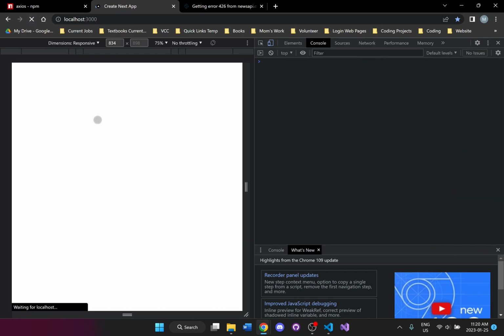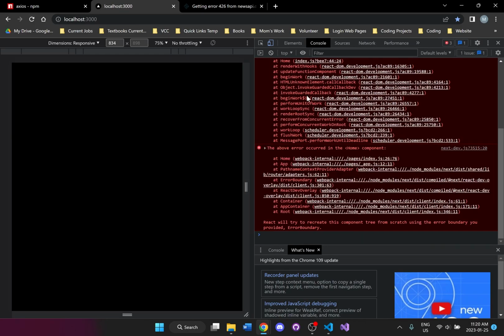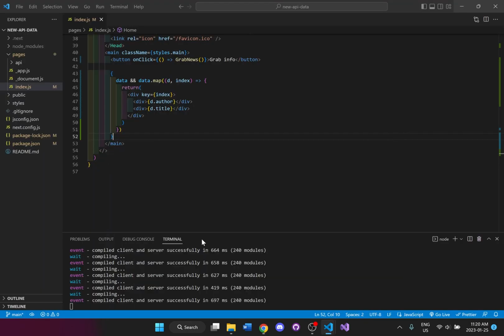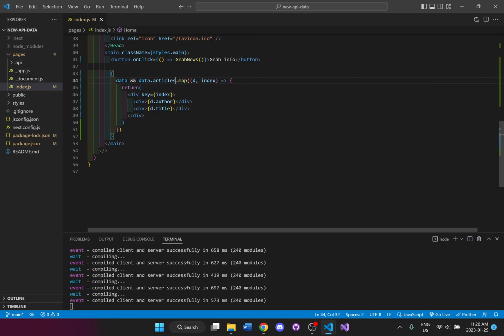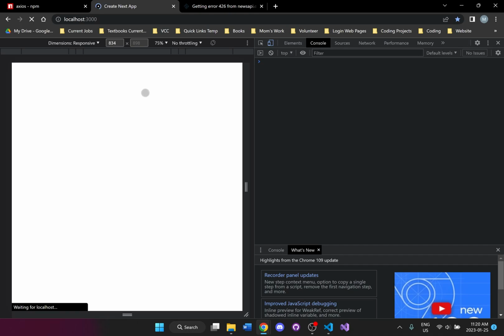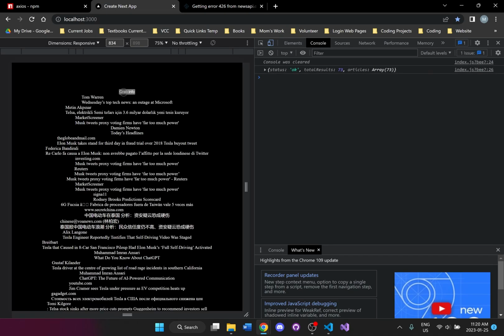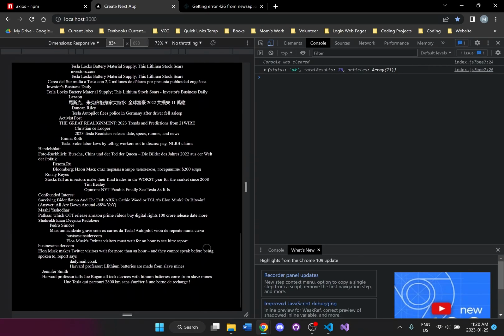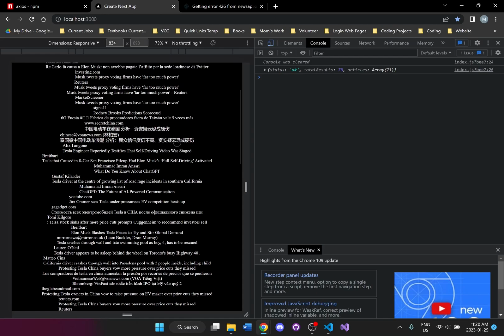Okay, and because it's in this variable called article, so right here, we forgot one thing, you see here it's in articles. So we have to do .articles. Save it. Let's go back. Refresh. And there we go. We got all of the information here for the title and author. So that's how you go about grabbing information from the News API.